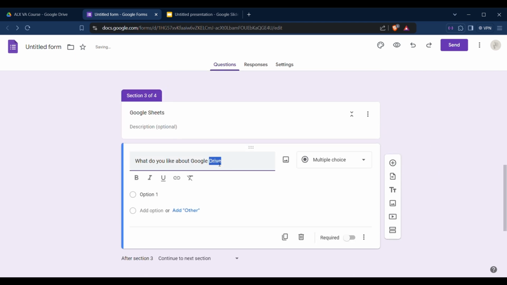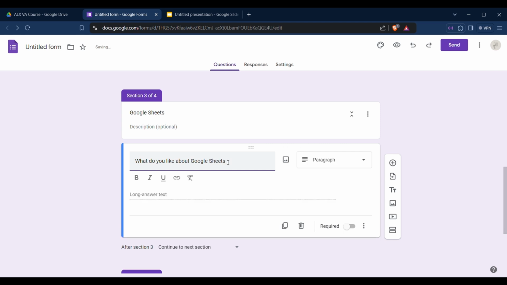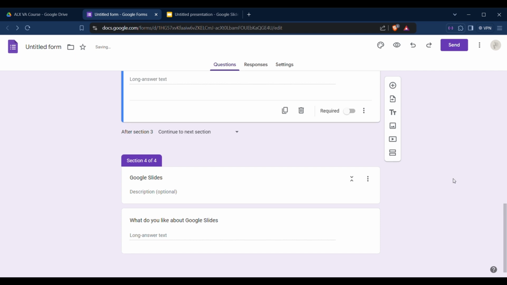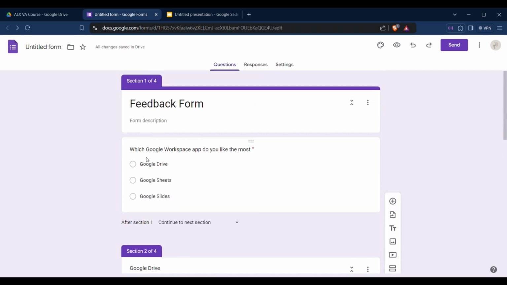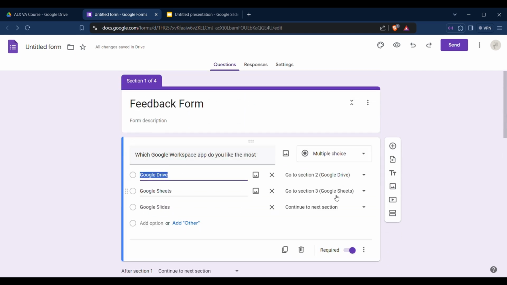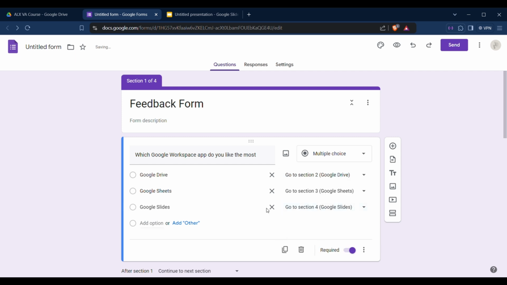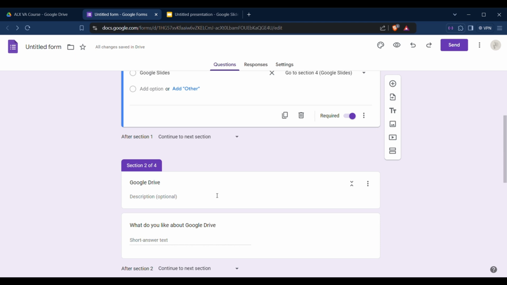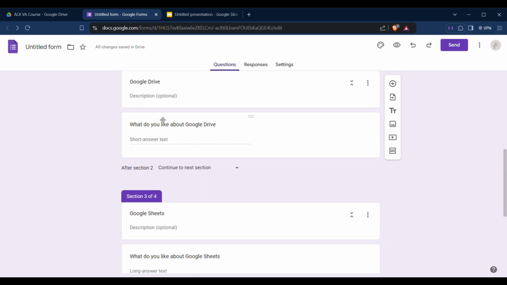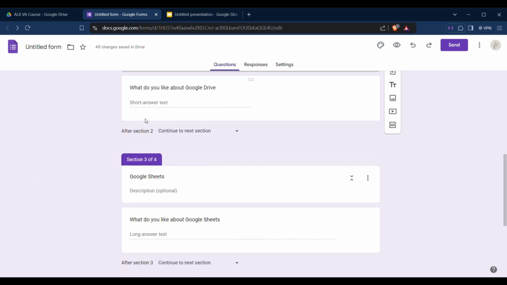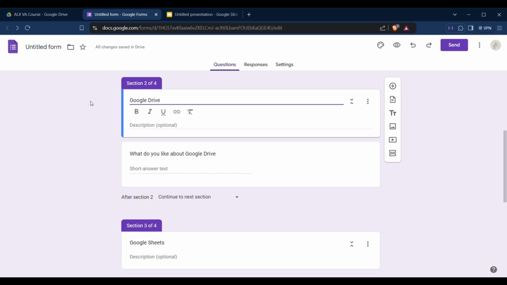What do you enjoy about Google Sheets? What do you like about Google Sheets? And this is 2, 3, and 4. So this one goes to Google Drive, goes to Google Sheets, and this should go to the Google Slides option. So what I want is that after this question is answered, if you say Google Drive, what do you like about Google Drive? When this is answered,